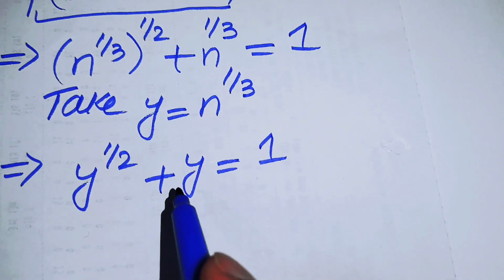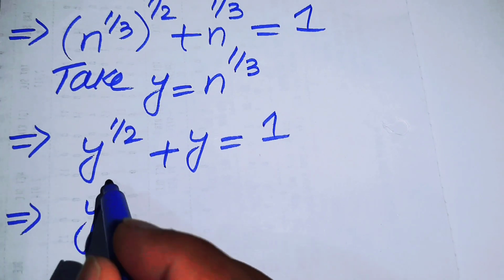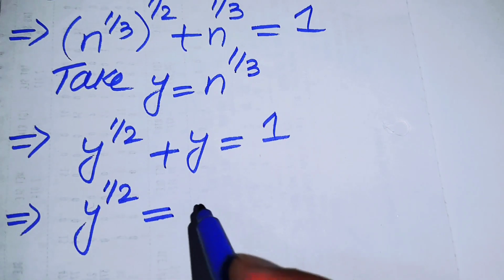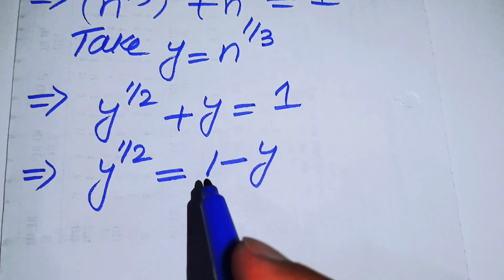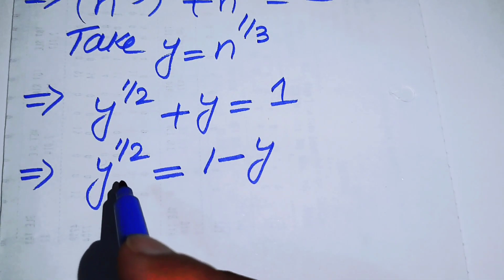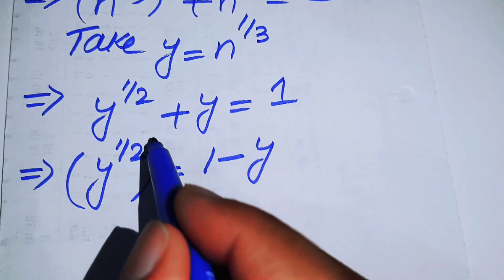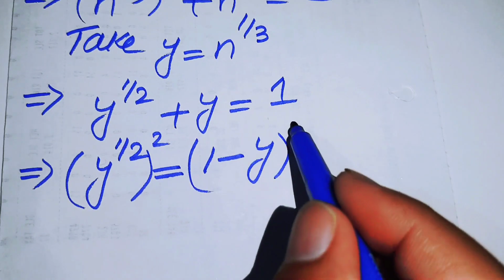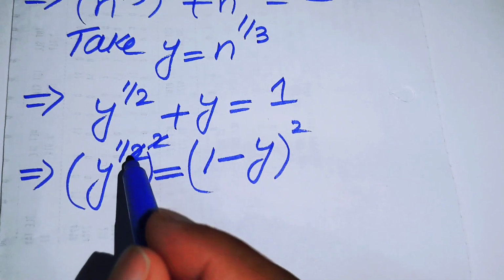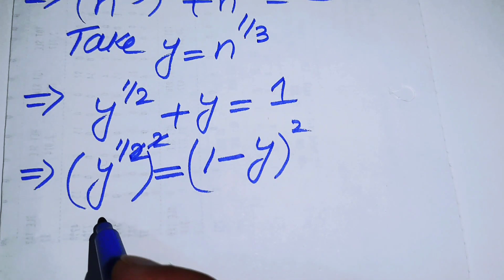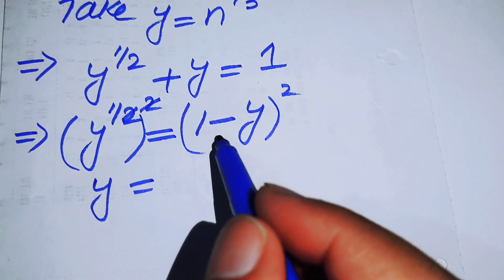Now we move this y to the right hand side, and you get y to the power of 1/2 is equal to 1 minus y. Now in order to remove this y to the power of 1/2, we will take the square on both of the sides. When we take the square on both sides, you see that these 2 and 2 cancel each other, and here you get y is equal to, now we can open the square of this term,